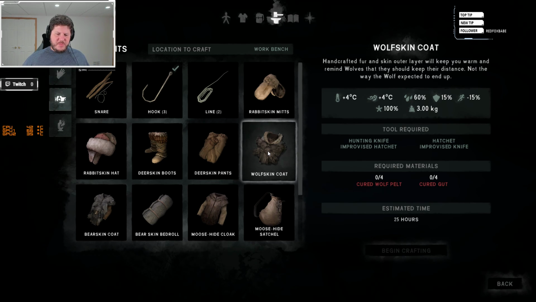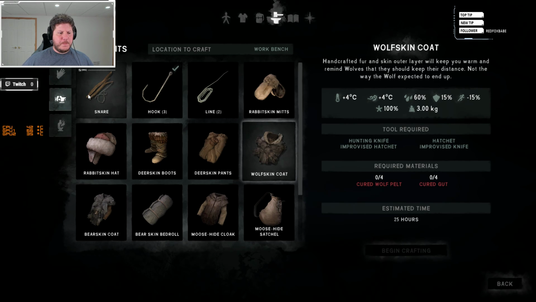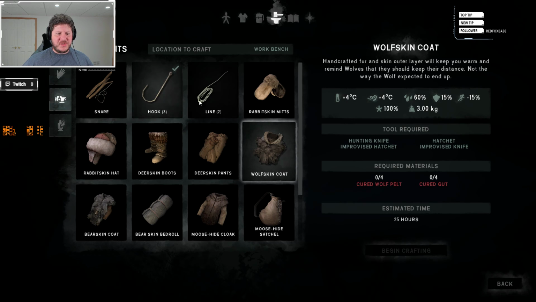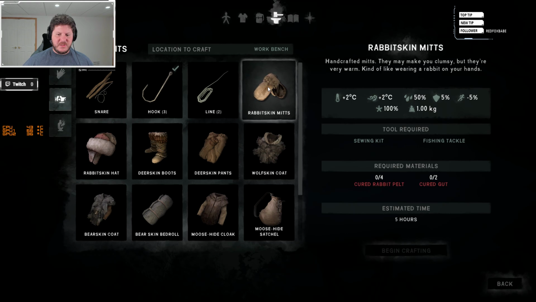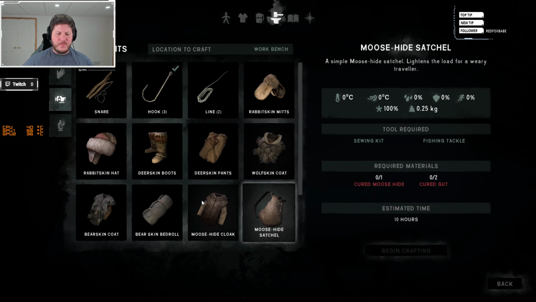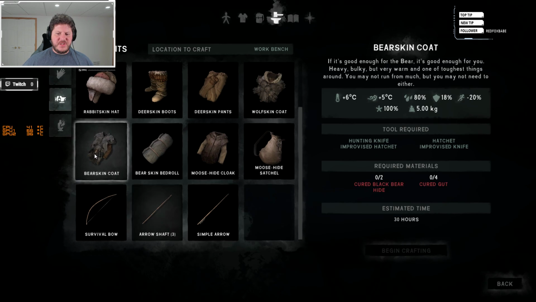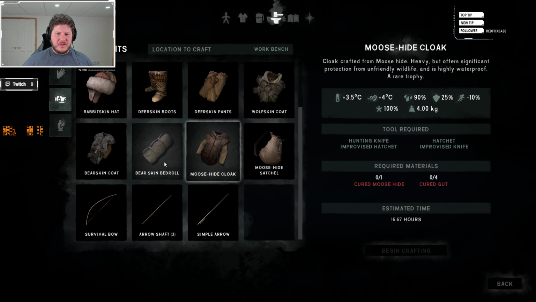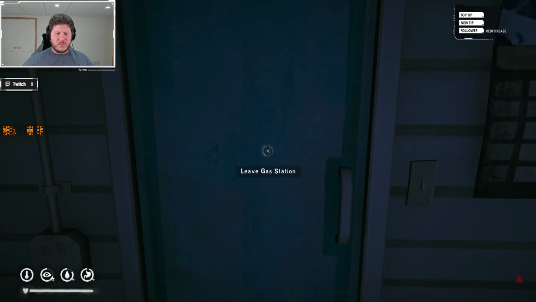Something else that you can do in here is you can basically craft a whole lot of very useful, very valuable things. You can craft a snare for catching rabbits, a hook and line for fishing. You can make various pieces of clothing. You can get an extra satchel, which adds to the amount of weight that you can comfortably carry, and you can make a bow and arrows. However, these all require resources. It's all stuff that you've got to go hunt for, and some of these things are just somewhat prohibitively expensive to try and create, at least in terms of resource usage and